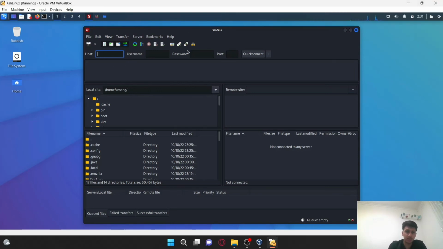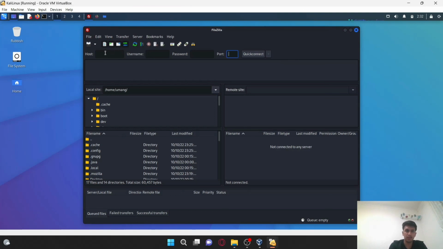For example, if I want to make Ubuntu my host, I need to put the IP address of Ubuntu here, then the username and password of Ubuntu and port 22, and then connect. Then I can transfer files. But unfortunately, sir, since I'm not able to ping these operating systems due to a technical error, I will not be able to transfer files within an FTP server, because firstly we need to ping them. I'm really very sorry for that, but I do know how to transfer files.